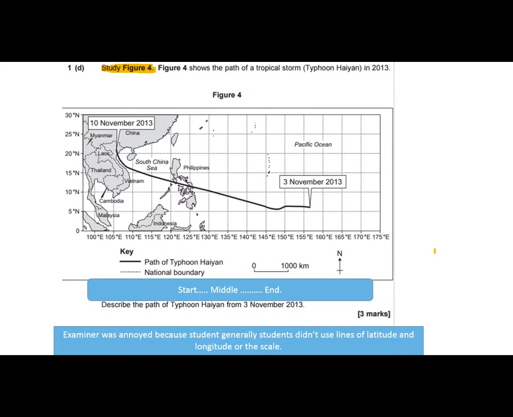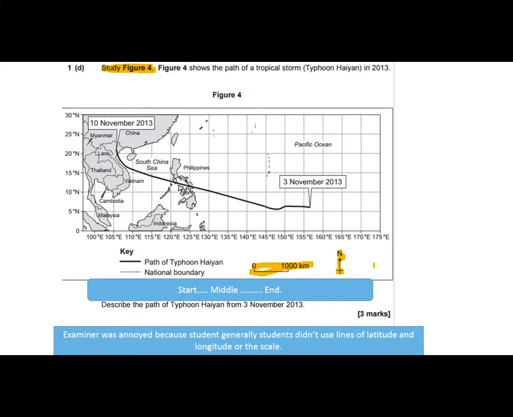It gives you again a number of things that he'd like you to use. So they want you to use the compass directions, he wants you to use the scale, and in this case the examiner was particularly annoyed because generally students didn't know how to use latitude and longitude. So in this case it's exactly the same as you do with your 4 and 6 figure grid references. You go along the corridor, up the stairs, and they will allow plus or minus 1 or 2 either way,